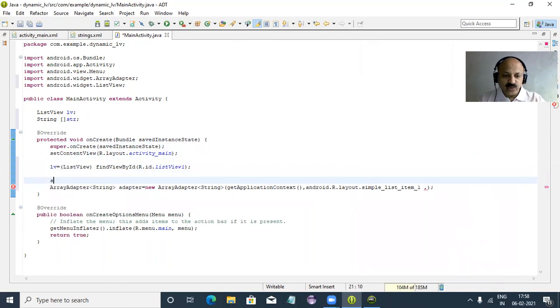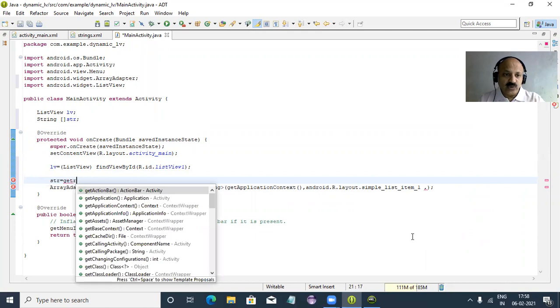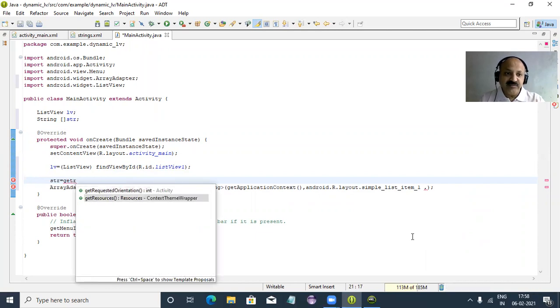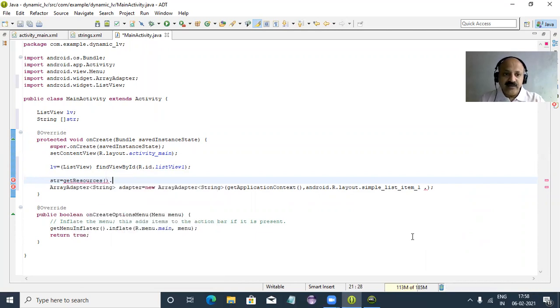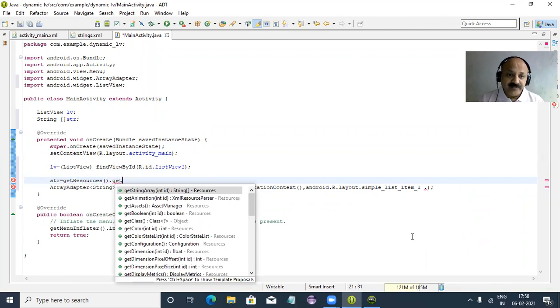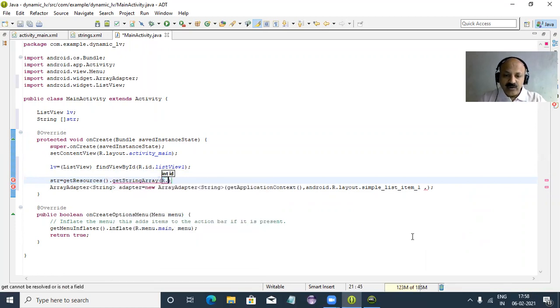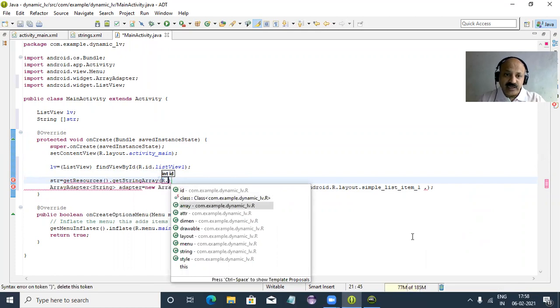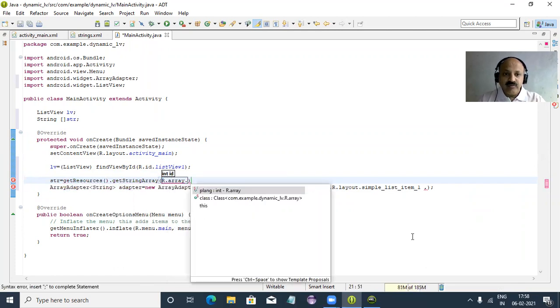Now what to do? So String, then we can call getResources. That is a method of the ContextThemeWrapper class, and then getStringArray. Yes, and now R.array, not id, array, and then our p language.